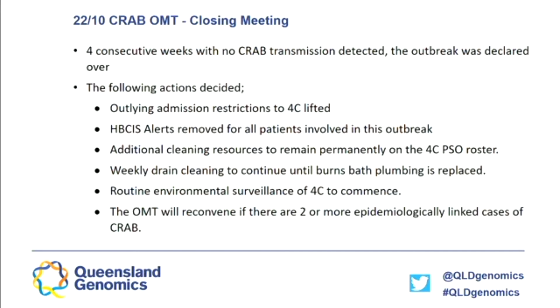And I have to say that ward is meticulous all the time, and the hand hygiene is fantastic. Their compliance is always above 80%. Weekly drain cleaning continued in the baths until the plumbing was replaced. Routine surveillance of 4C, environmental surveillance, was to continue. And we were going to reconvene if we had 2 or more epidemiologically linked cases of CRAB, and fortunately we